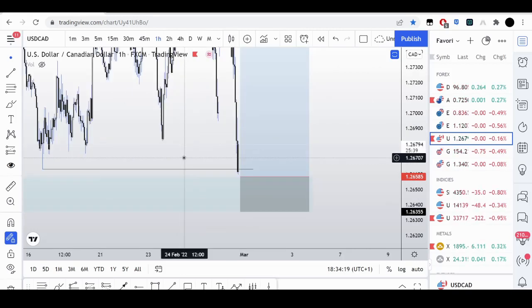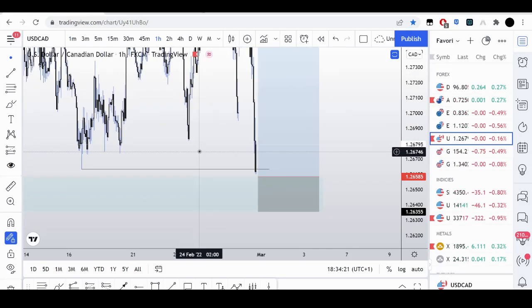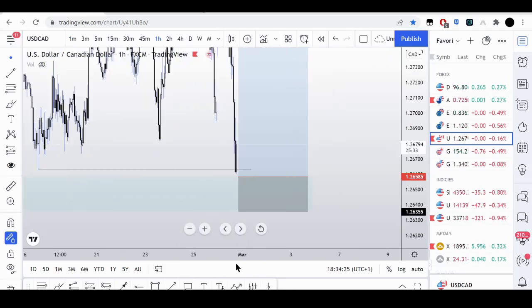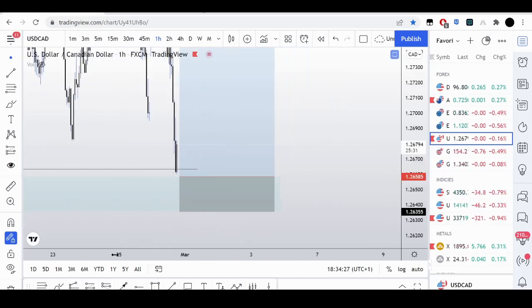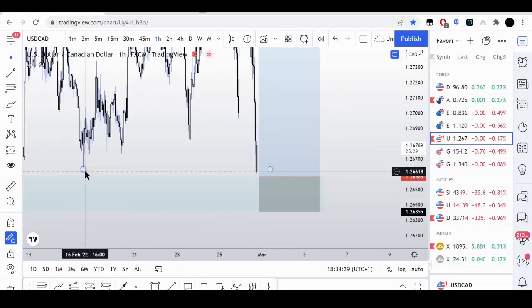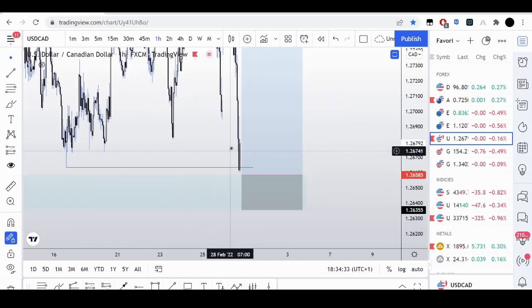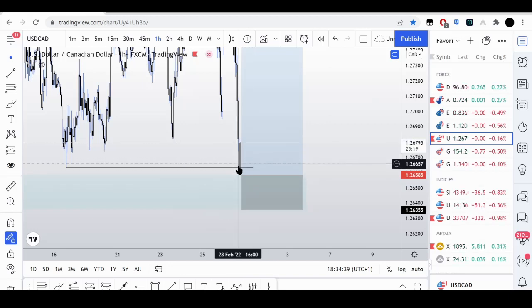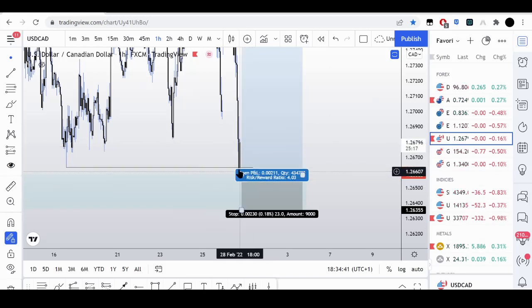Let me see. You can see how it came down, and it took out the sell side liquidity, but it didn't tag me in, and it was way past my entry time. It was way past my entry time. So I took off my buy limit and waited until tomorrow, which is today, to possibly get a buy on USD